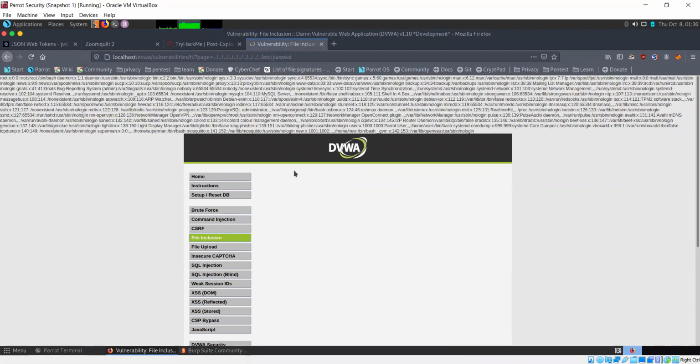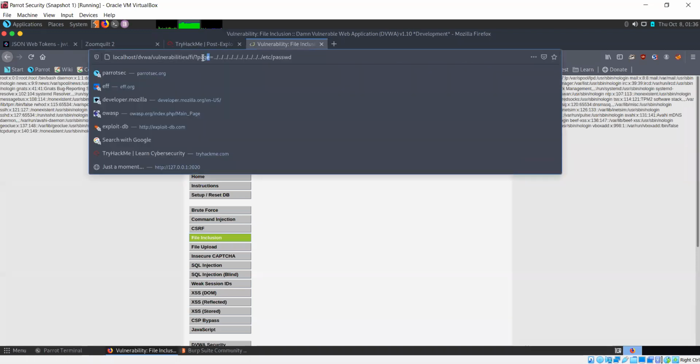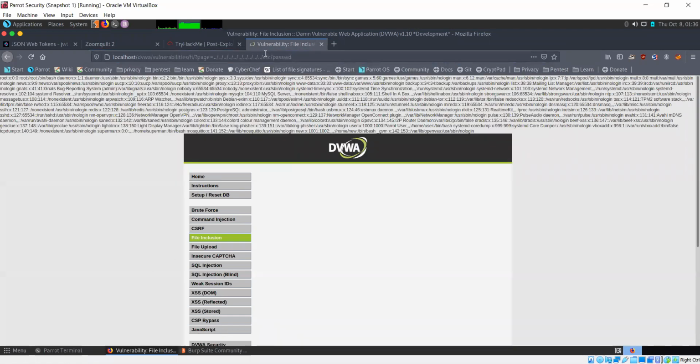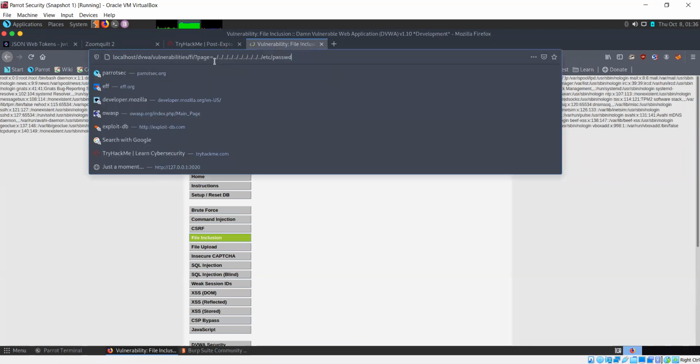This kind of thing is known as local file inclusion. File inclusion is of two types. Local file inclusion is when you are making use of such a vulnerability, when you're using such a parameter, to view a file that is present on the server locally. So this is a file on this server itself, the server's etc passwd file you are viewing currently. Remote file inclusion is when you include some other file from some other source. Let's say in case of page, I write